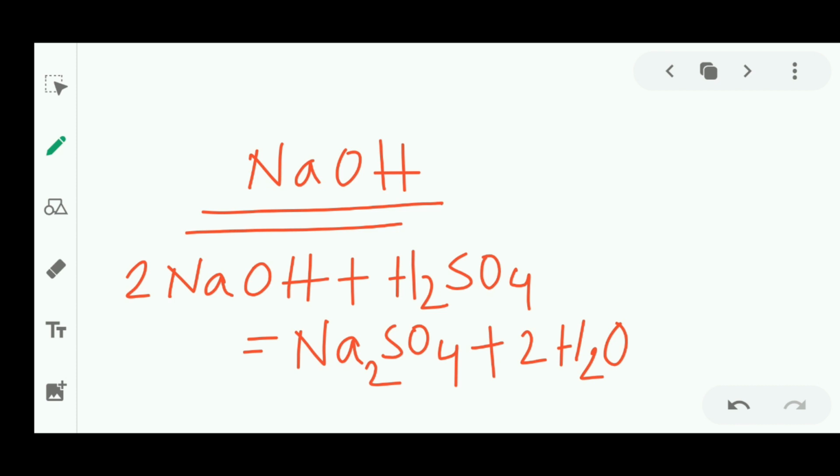Reaction of some non-metals. Let us see the reaction of non-metals. Like when white phosphorus is boiled with a strong aqueous solution of NaOH in the absence of air or oxygen, then phosphine gas is evolved. What gas? Phosphine gas is evolved. So what will be the reaction? It will be P4 when reacted with HNO3.